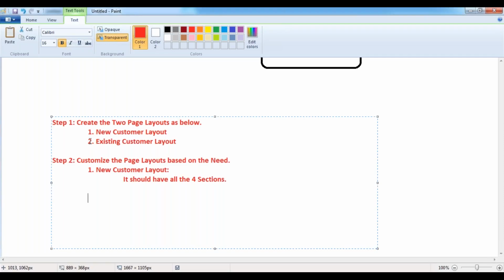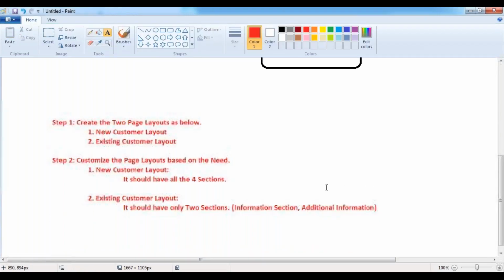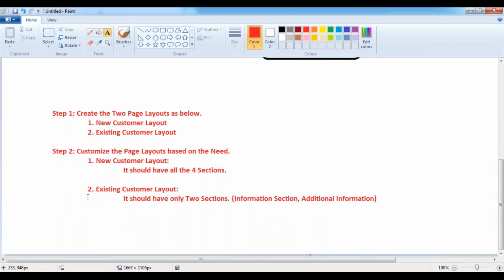And then the second one, the existing customer page layout. In this case, it should have only 2 sections. First one is the information section. Second one is the additional information section. These are the 2 sections that have to be visible over here. Once the page layouts are ready, then as step 3,